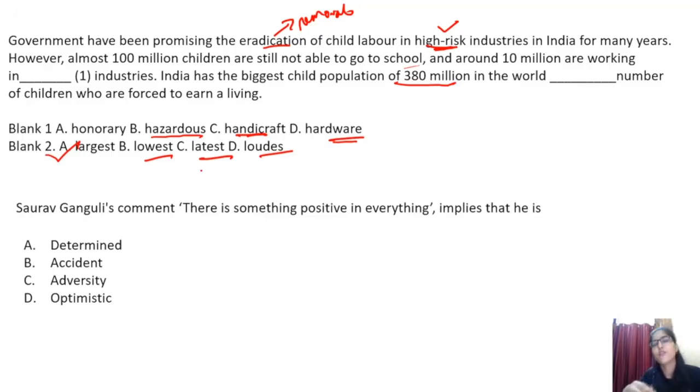So see, this is how, by relating itself also, it's not always that you have to be very clear with the grammar part and all. It's that easy. By relating the things also, you can make a sort of conclusion that perhaps that can be a correct answer.